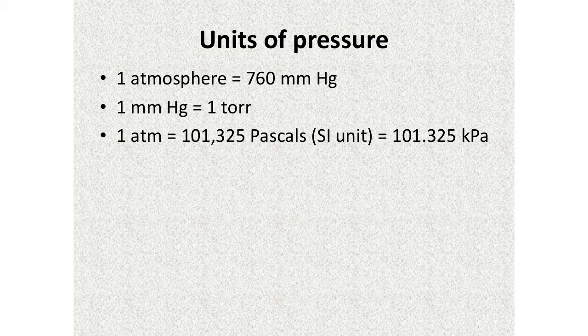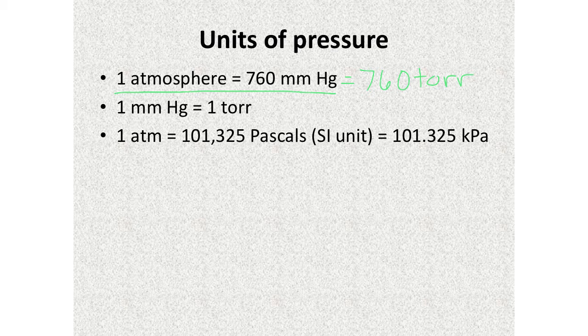All right, before we get to any calculations with this unit, we need to be good at converting one unit of pressure into another. So as a reminder, 1 atm, 1 atmosphere, is equivalent to 760 millimeters of mercury. A millimeter of mercury is also equal to torr, so 1 atm would be equal to 760 millimeters of mercury, or 760 torr. And 1 atm is equal to